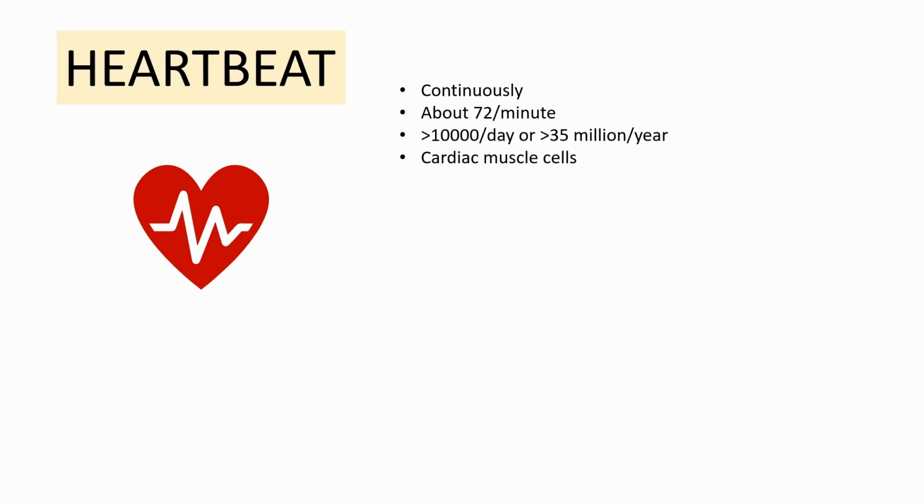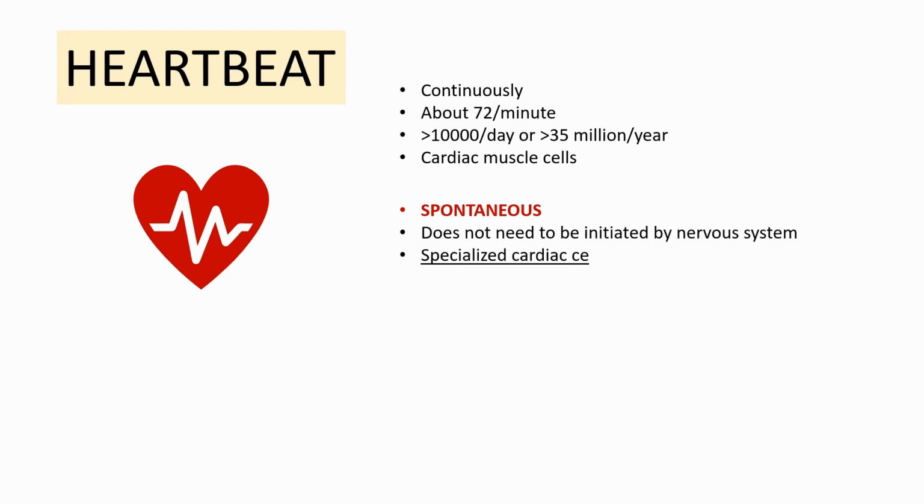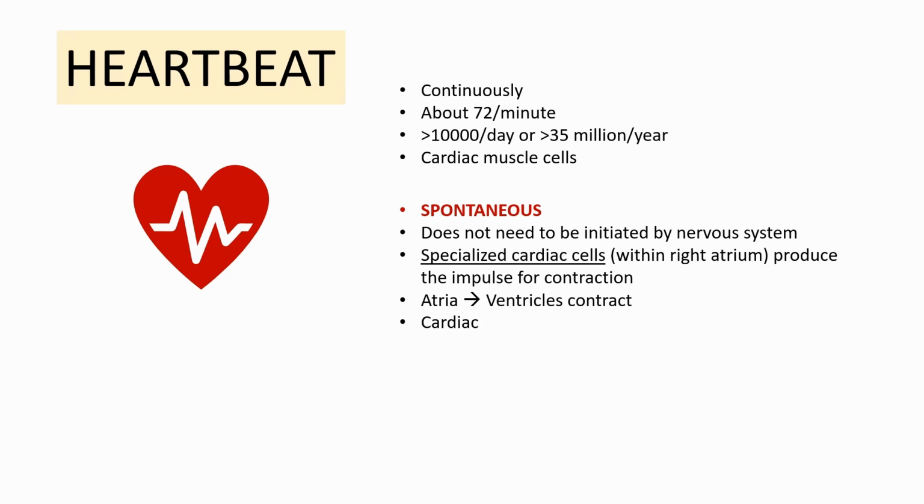The human heart beats spontaneously. This means that it does not need the nervous system to start its contraction. Just as the nervous system works to deliberately start or stop the movements of your body, it does not do so for the heart cells. The impulse for the contraction of the heart actually starts within specialized cardiac cells which are present within the right